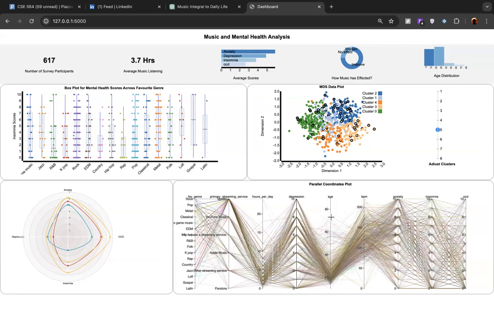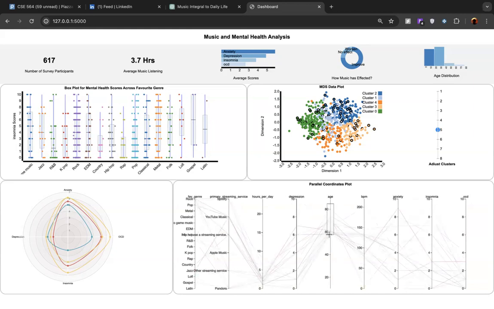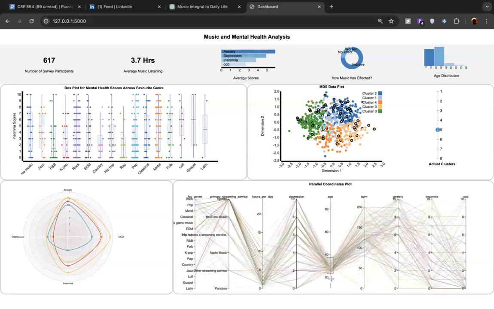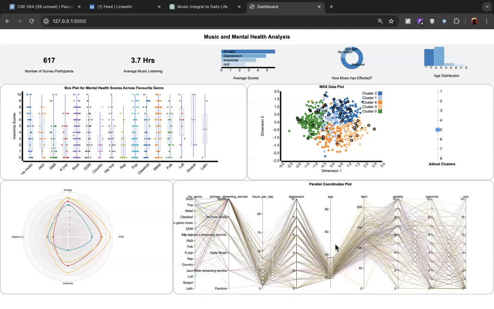That's one thing. And now let's say I would consider depression as a metric. So these are the self-reported depression scores. Again, when I drag from top to bottom, look at the way the depression scores are spread. It's mostly between 0 and 7. But the moment I go below 40, you see higher depression scores being reported. It indicates that the younger population is reporting higher depression scores, which is concerning, and probably a very interesting insight into how music and people's self-reported mental health issues relate, as presented here.